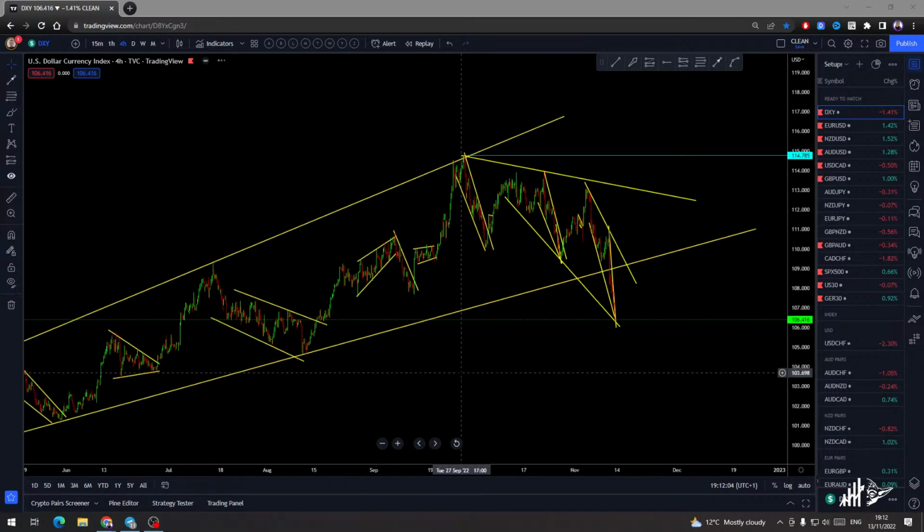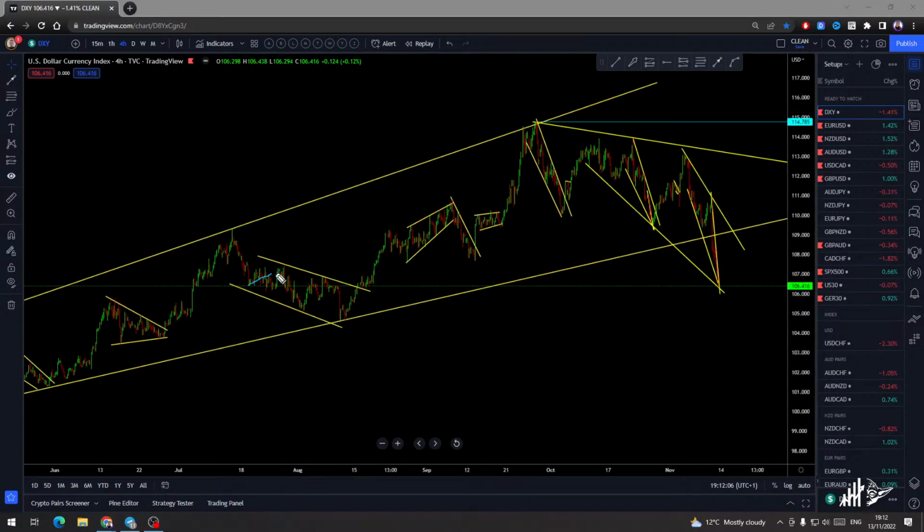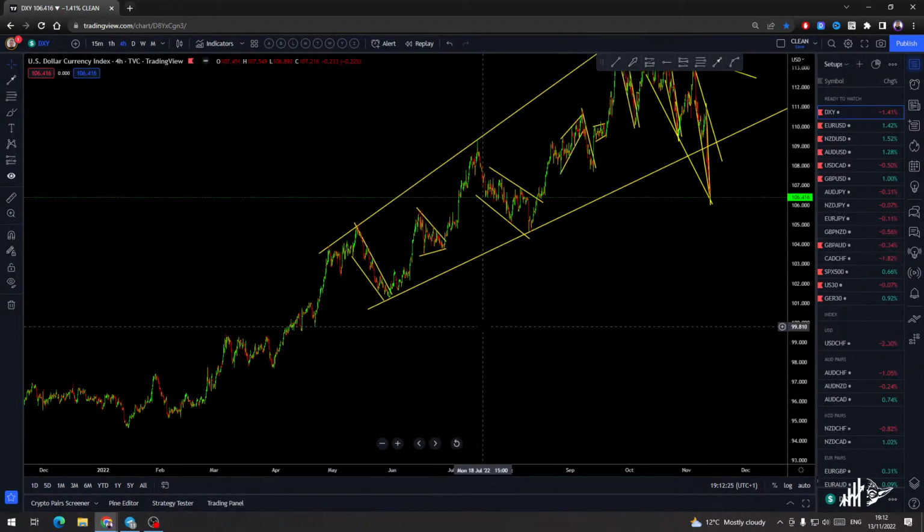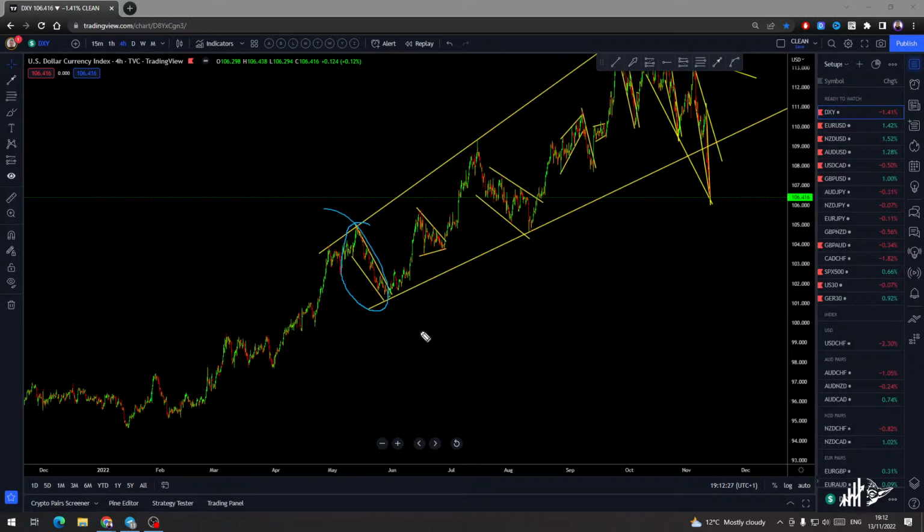So always wait for any kind of correction. Look at one. They always correct. So what you have to do, wait for at least some pullback. They will not drop like this. No chart drops like this. Never ever will that happen on the market. I can bet on that. It never happened. They always pull back.